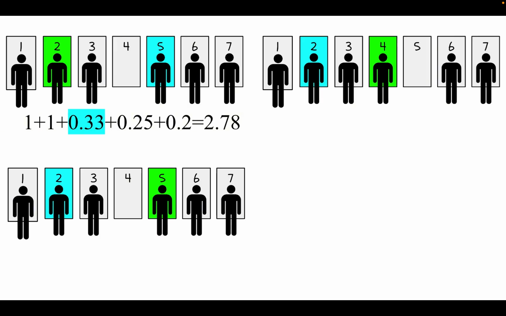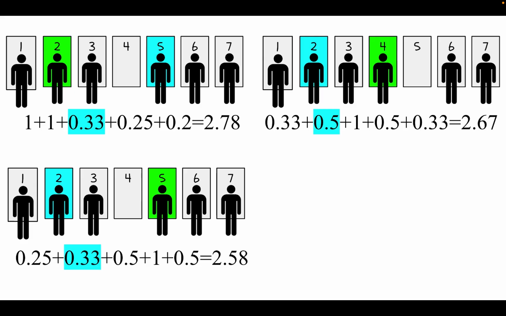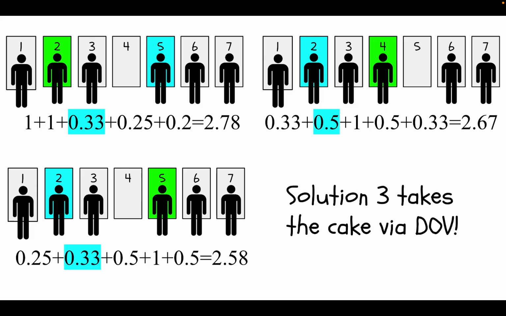So now let's group all of these together into a slide. Okay? As you can see, I marked the other guy with cyan, and as usual, I put you in green. We're going to actually be able to apply the distance optimizing value in this example, and by coloring it blue, I am showing you that we are actually indeed accounting for the other guy. I'm just going to very quickly do the math for you, and we find that solution 3 takes the cake.